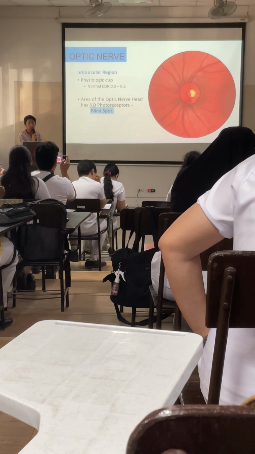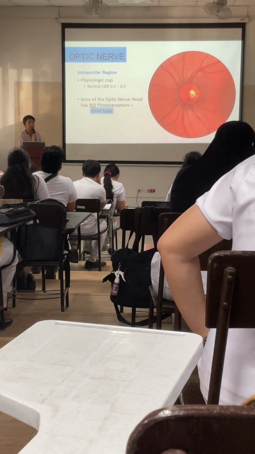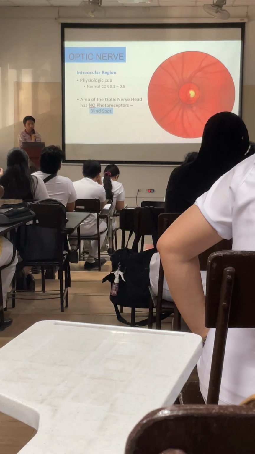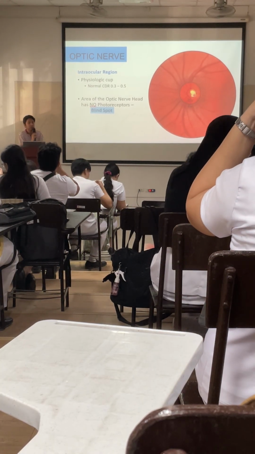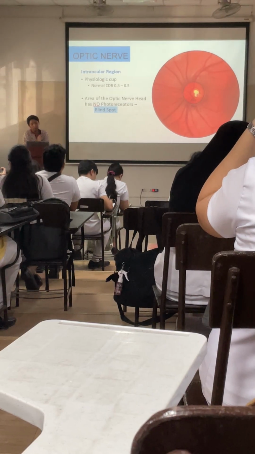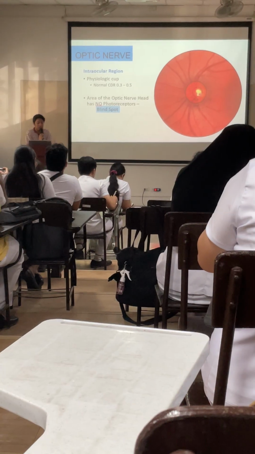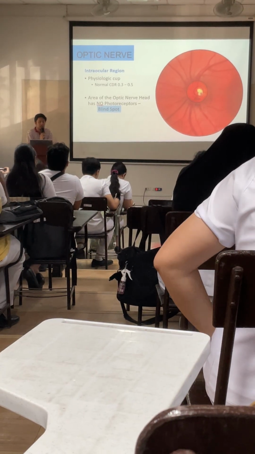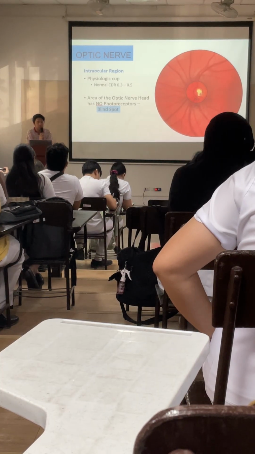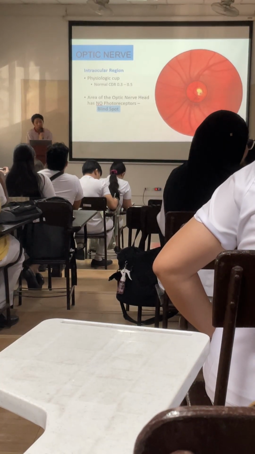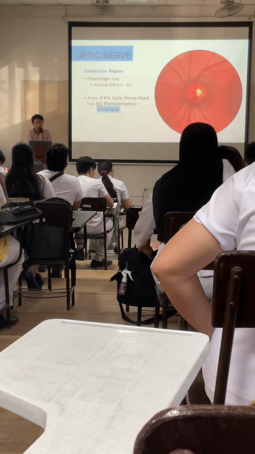Now, if we say 0.3, this means that the size of the cup is about 30% of your optic disc. If we say 0.5, then this would be a little larger, so the cup is about 50% occupying the optic disc. So it's important to take note of the cup to disc ratio because diseases like glaucoma or increase in intracranial pressure can lead to different appearances, no? And then they would determine how much of the nerve is already damaged.